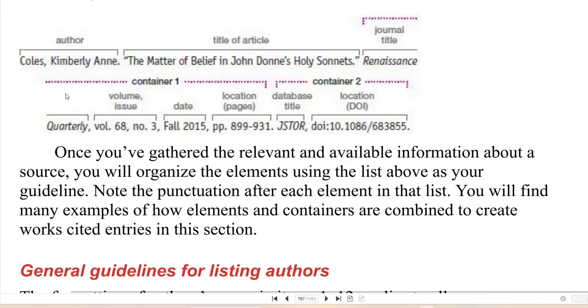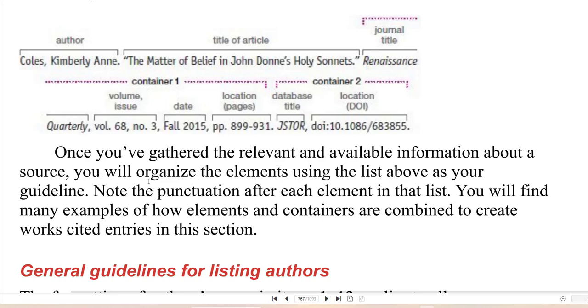And here's another example of a works cited entry where you put in the author's name, the title of the article in quotation marks, then you italicize the journal title, and then you have the volume, the date, pages, database title, and then the location of your database object.